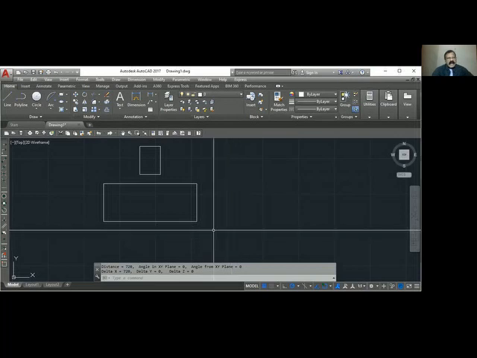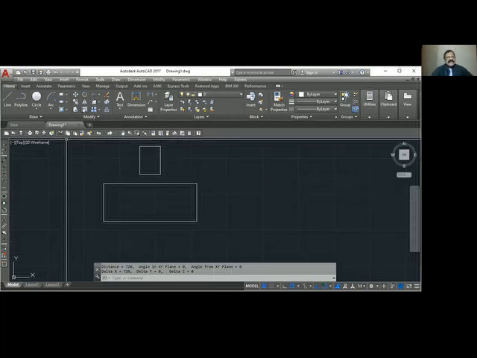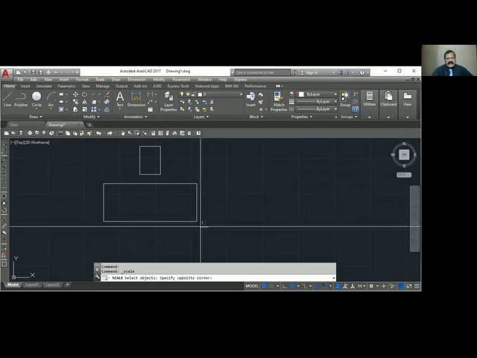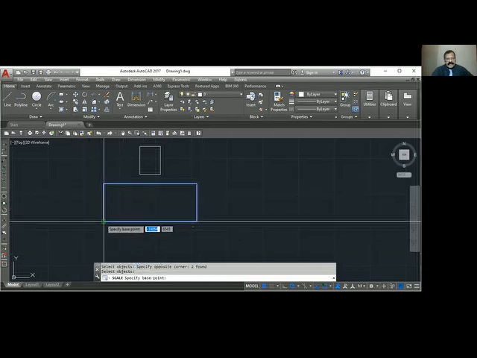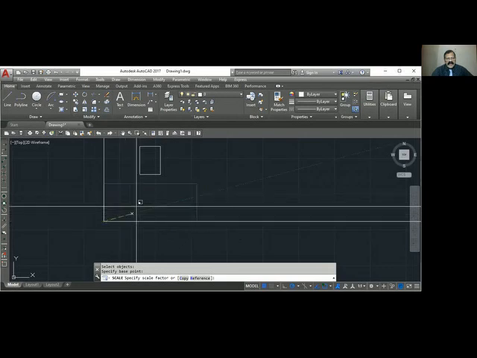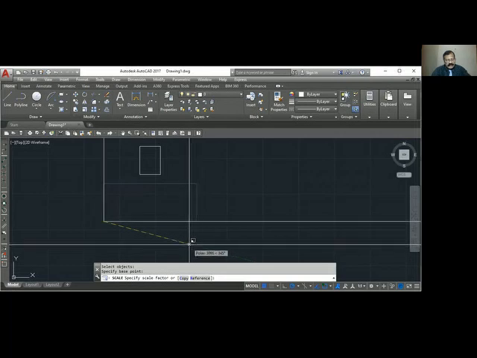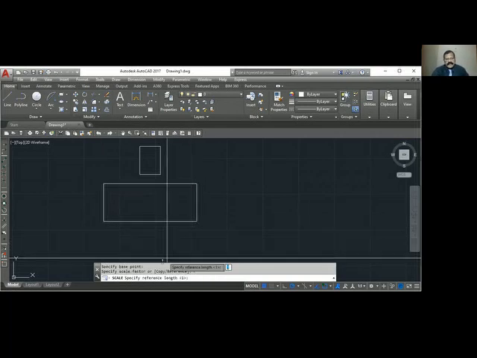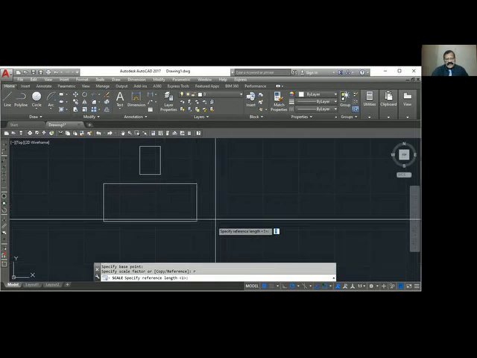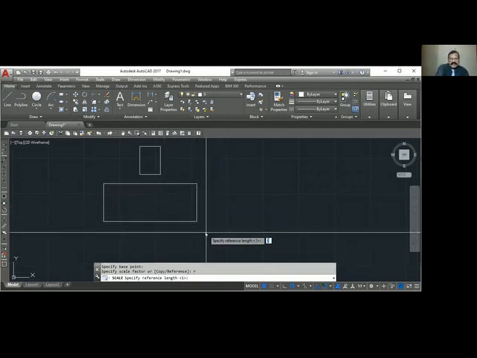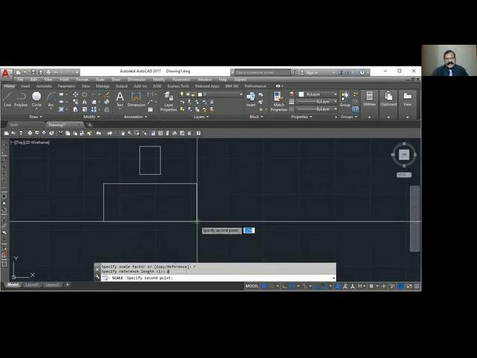Now I want to scale this. Scale, select object, base point. So instead of scale factor, I have to write R, reference. Now specify a reference length. I have to say at the rate. Show the second point. I will show you the steps.